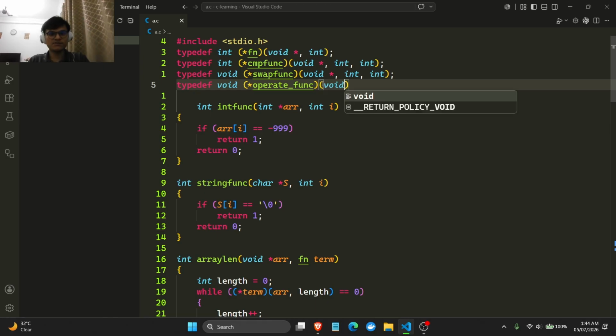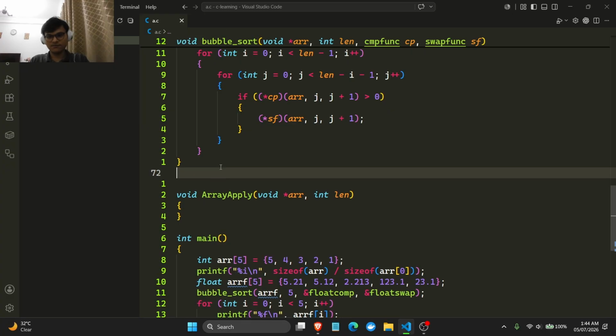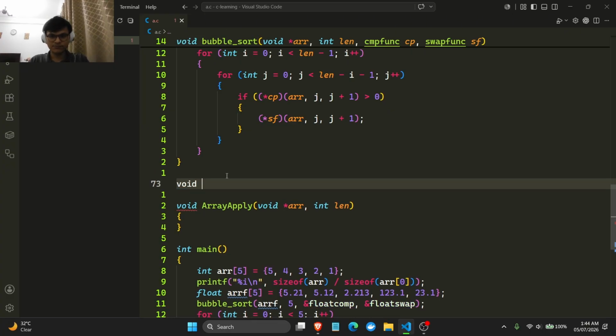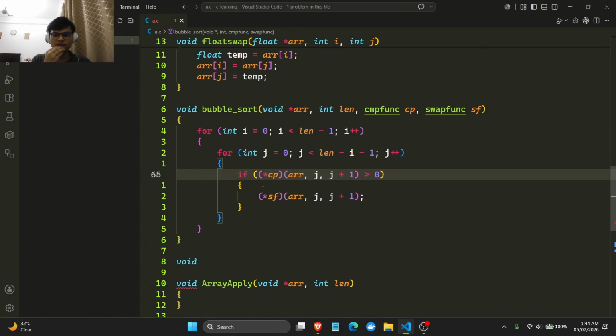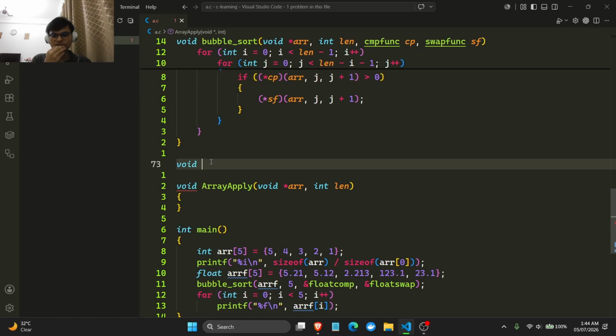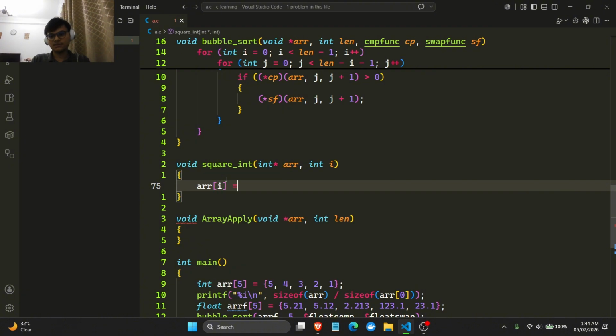I think this makes sense if we do void star int. Let's see with that. And what we will do is we'll make a func which does void. To be honest, this and this is quite same. I'm just doing it for naming purposes. The difference: this is operate func, and so I'll say operate int. So pretty much let's say square. Okay, so I take square int star array and takes an index and essentially does